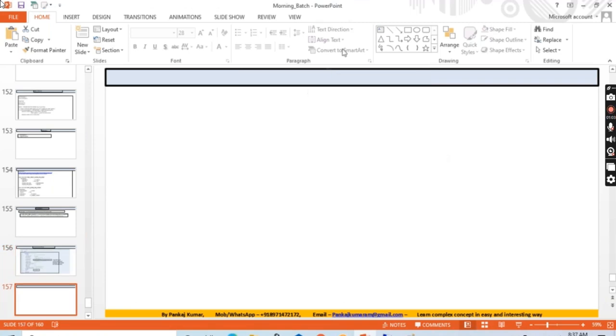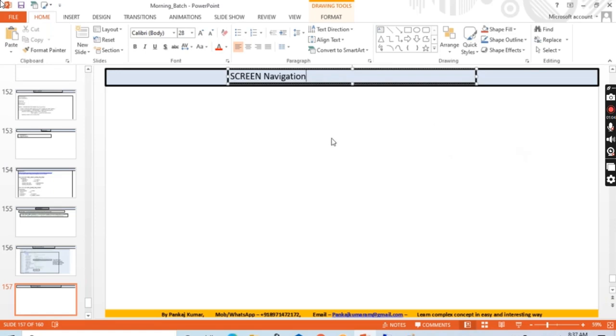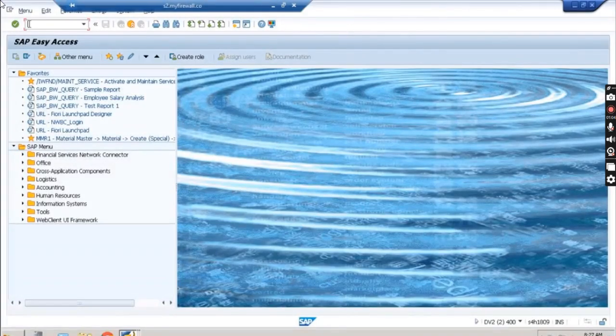Now, screen navigation, this one is really very important. What is this screen navigation? What I mean by this screen navigation. What I'm actually trying to tell you over here is that